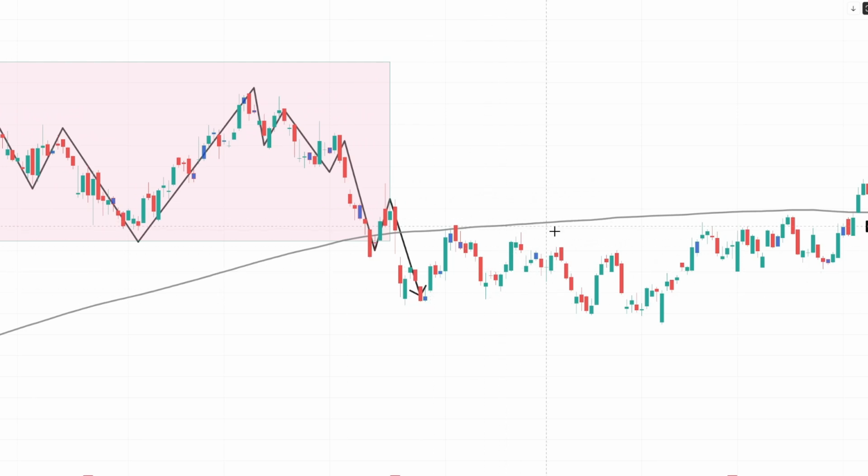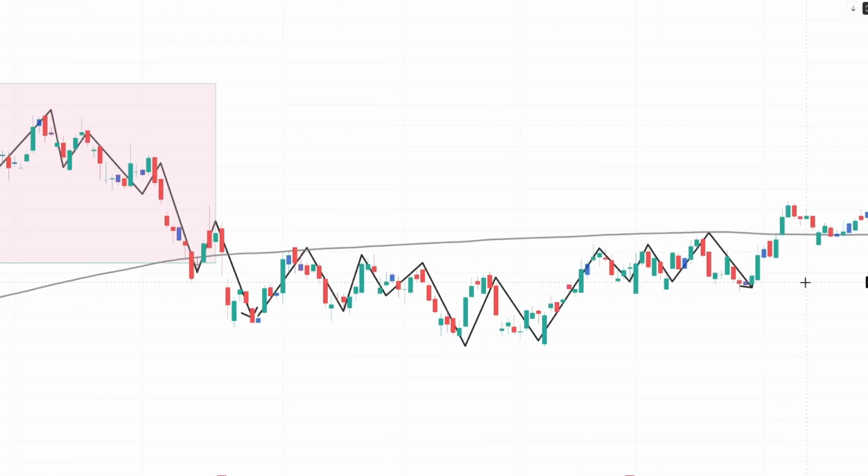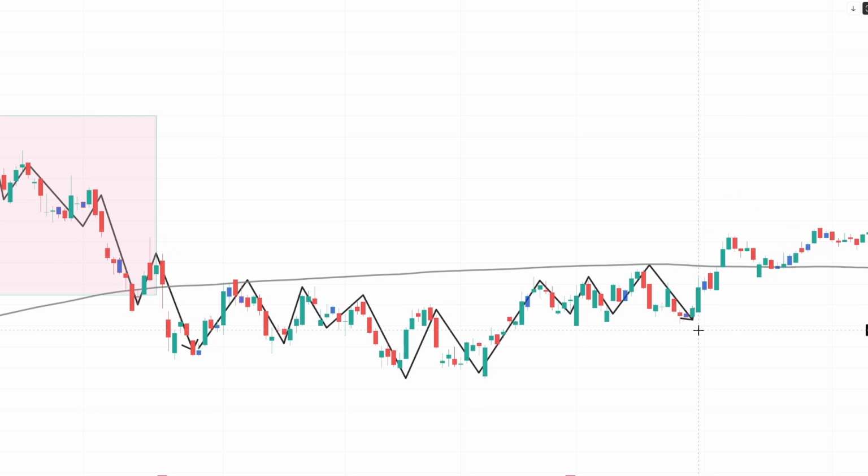You can see it's sort of making further swings, but the swings are now forming a pattern which is not trade worthy? Definitely, because it's below the 200 moving average, and the minute it breaks out of the 200 moving average,